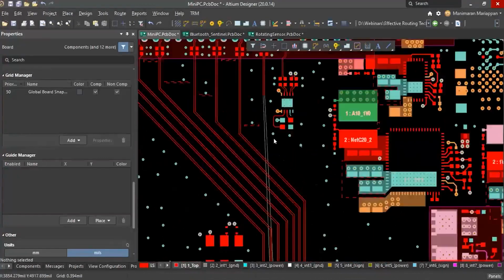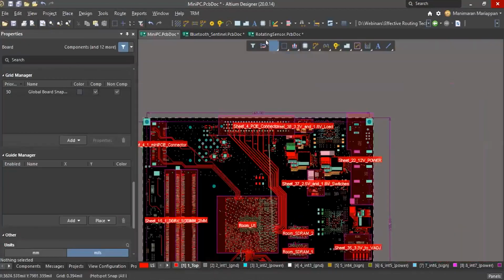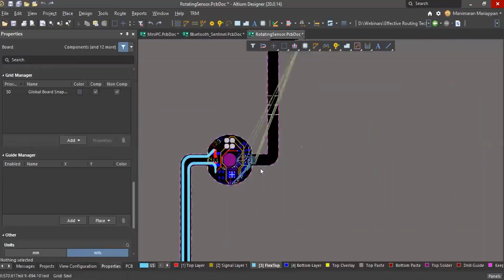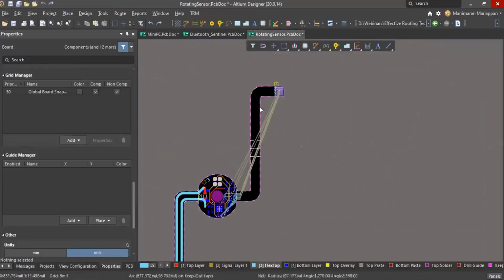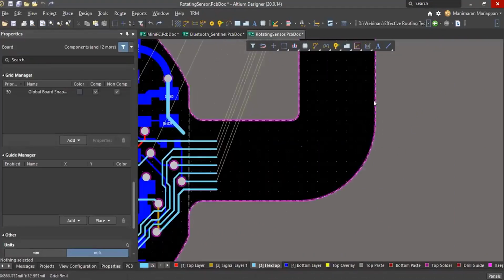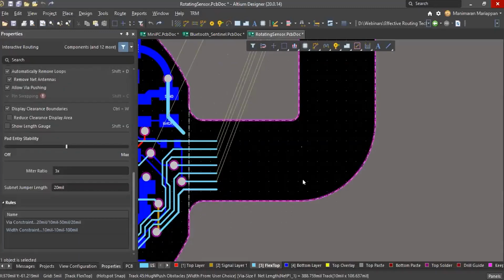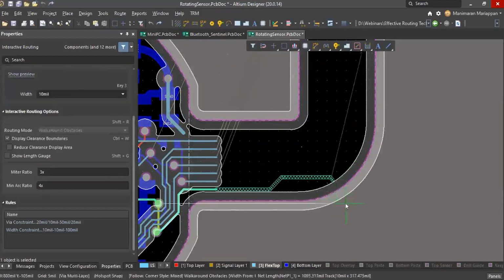While routing, we have seen the properties window, right? Now I'll show you the follow mode. For example, if the board has an irregular shape or is a flex PCB and you want to route a signal, instead of doing a number of clicks and corner changes, you can just click W. You can use the Shift F shortcut.